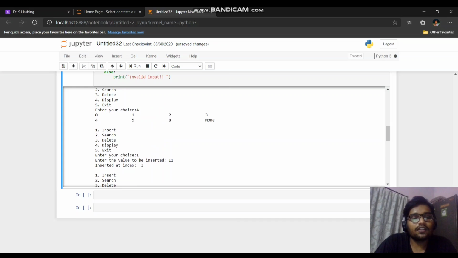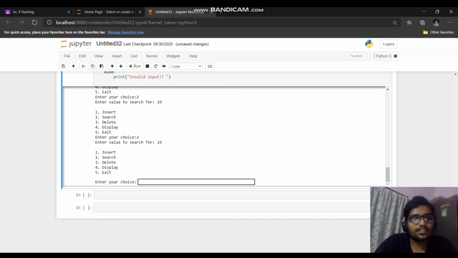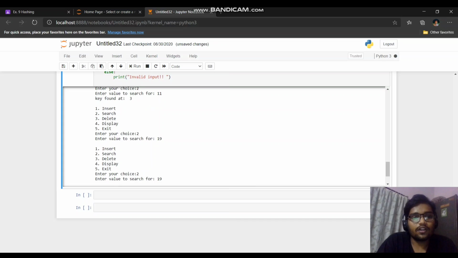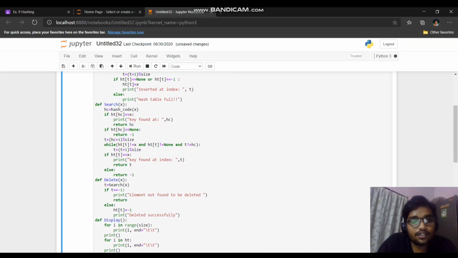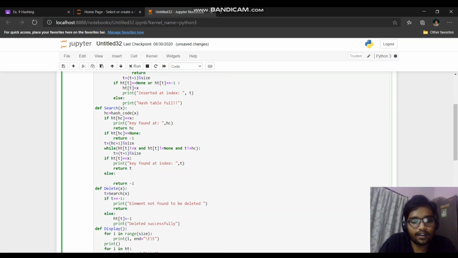So I think we will not print that value. If we do an unsuccessful search, it returns -1, or else we will print a message here called not found, and then we'll return -1. Print not found. Okay.